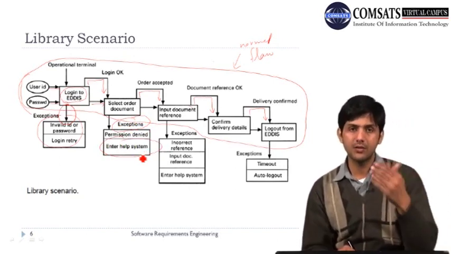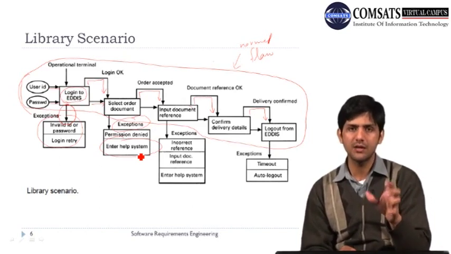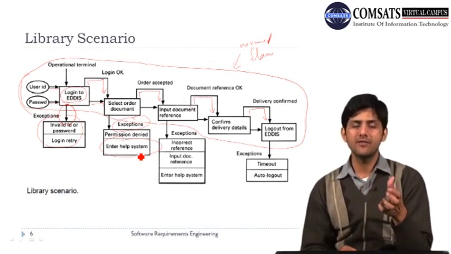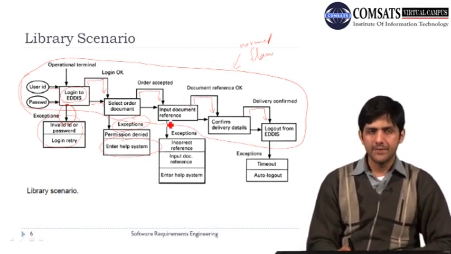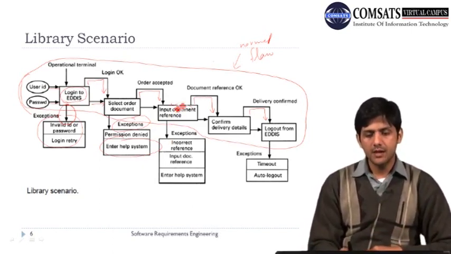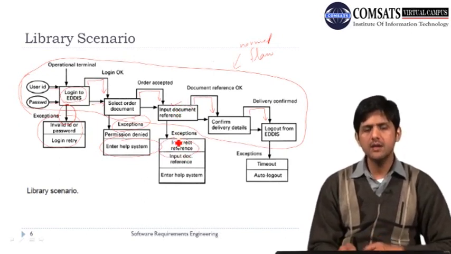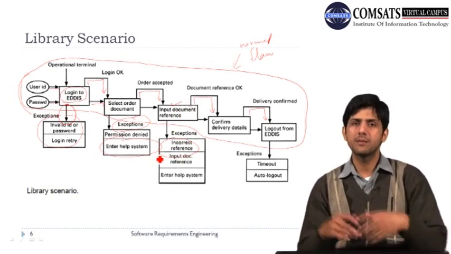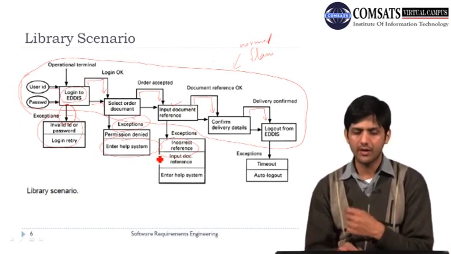So there can be an option that we need to have some help available for the user, so that whenever something goes wrong, he should be able to identify what the problem is or why this exception has been generated. And the next task was input document reference, and there can be that you entered an incorrect reference. For example, you wanted to enter the paper name or the journal title and things like that, but you entered something wrong, and then an exception was